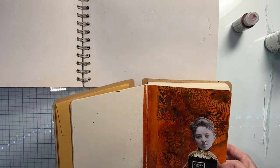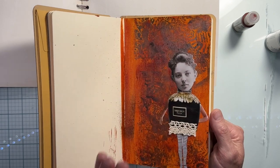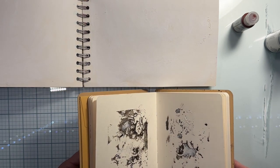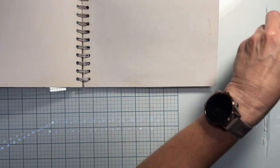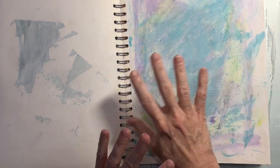So it looks fine. There's nothing wrong with it. She went down just fine. The gloss sprays went on just fine. And here we are. So I like it. There's nothing wrong with it. But I really do think that working with the gesso pages is way better. But don't take my word for it. Try it yourself. So, one of the questions that Stephanie asked was,